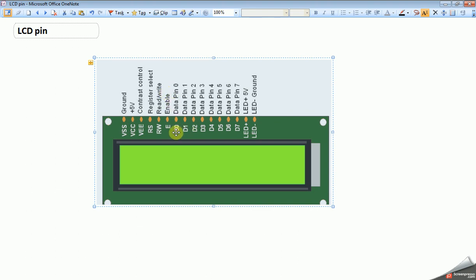So next, as I told, D0 to D7 are the data lines. Use these pins to transfer data or command from the microcontroller to the LCD. So that means command and data use the same lines.